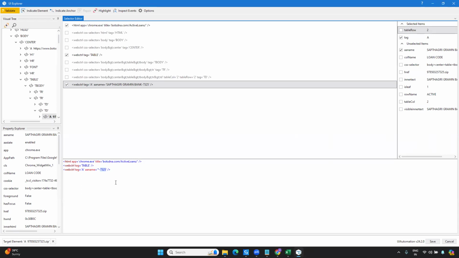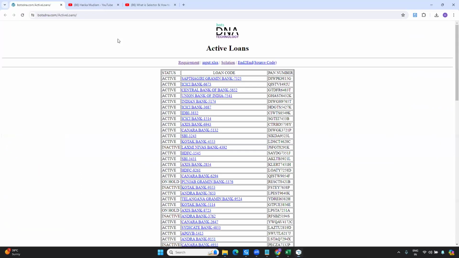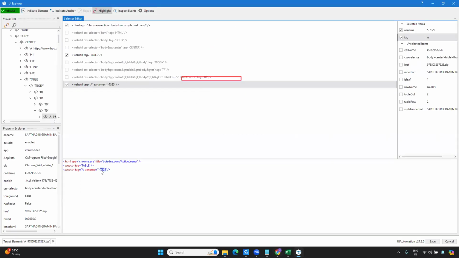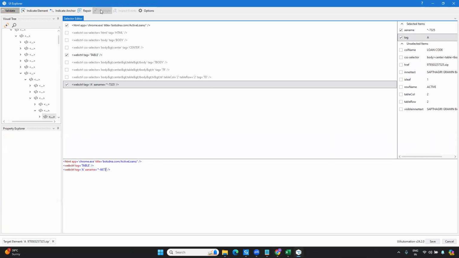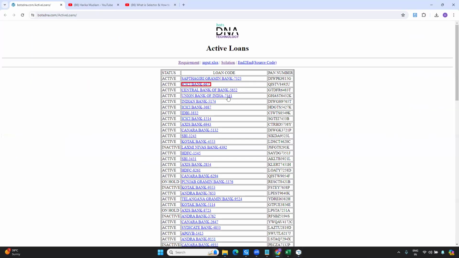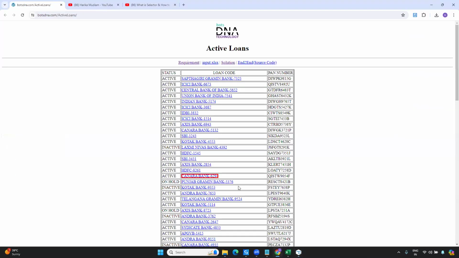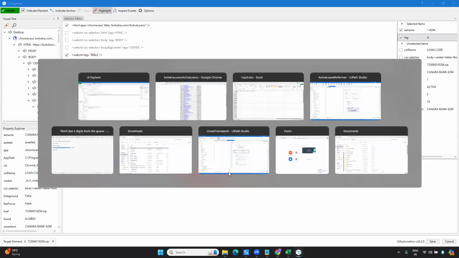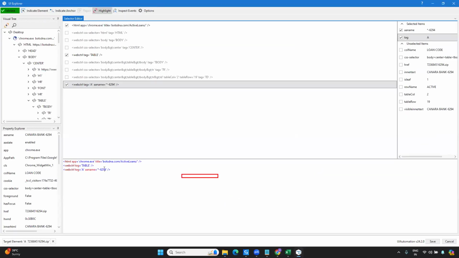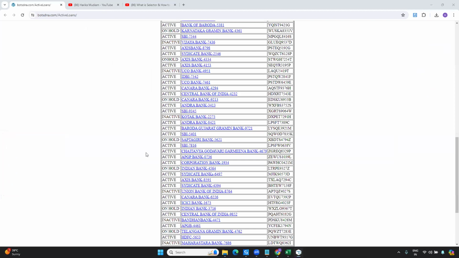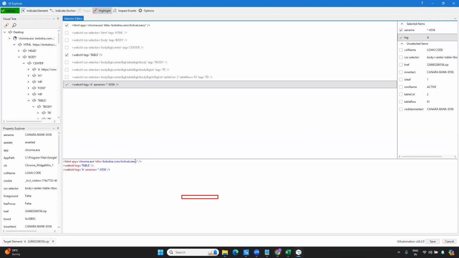But let's validate it. Highlight. This is highlighting. So let's say 6673. Then I will change this to 6294. Validate, highlight, right? Perfect. Let's check one more, 6556. Perfect, right? So you understood that the whole selector is static, but only this particular value keeps varying, and you have to pass this value dynamically,